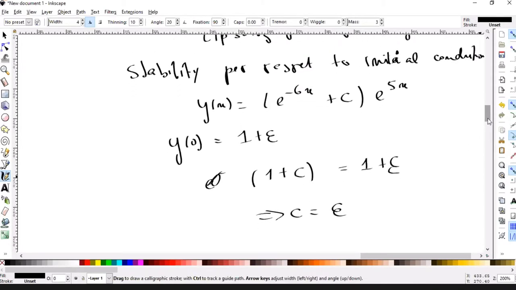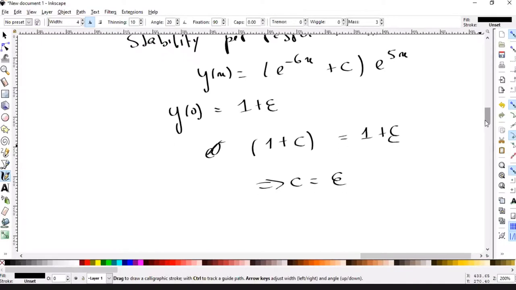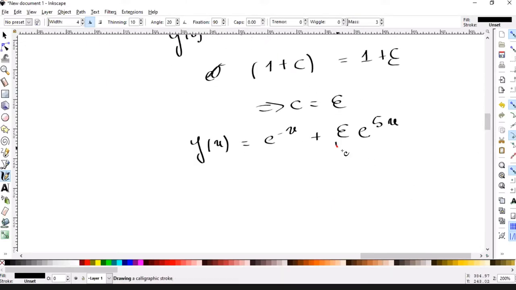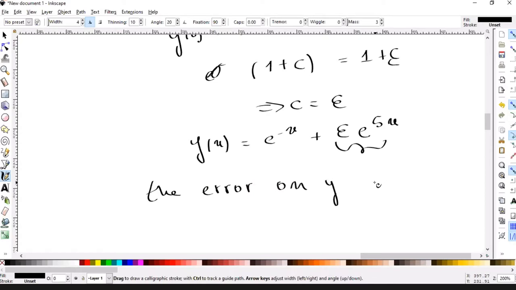So now if y of 0 is 1 plus epsilon, the solution is changed into exponential minus x plus epsilon exponential 5x, right? So you can see here that the error on y, if there is an error on the initial solution epsilon,